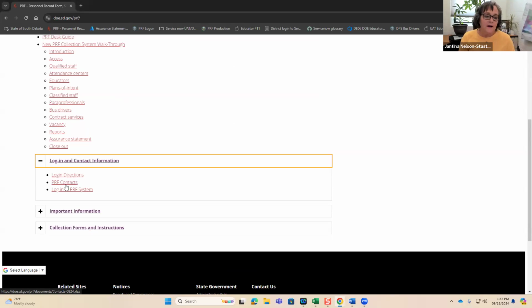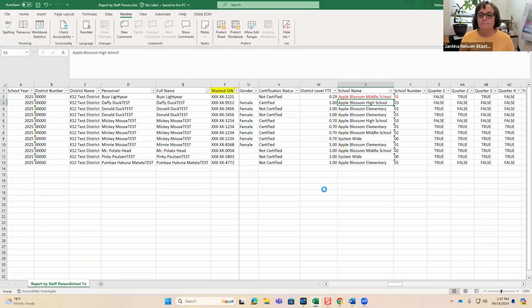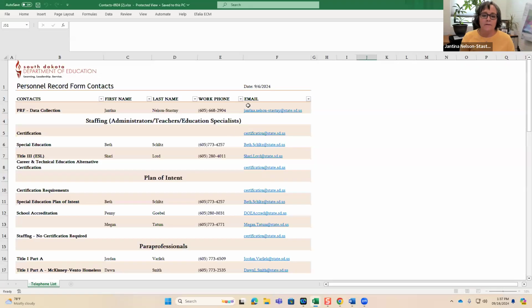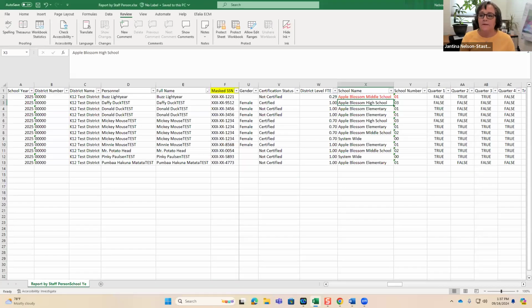The PRF contacts will give you a spreadsheet of everyone in the department that works on this system and what their phone number and email address is, so you can contact others if you can't get an answer immediately from me.